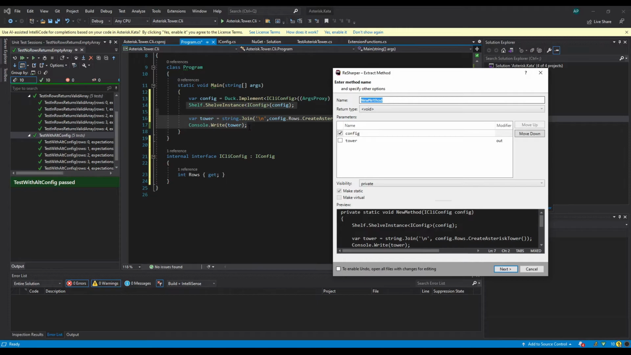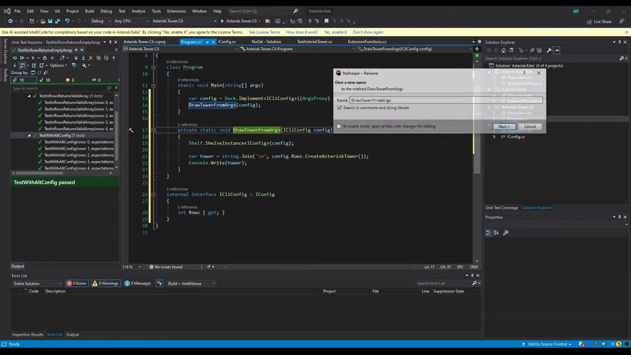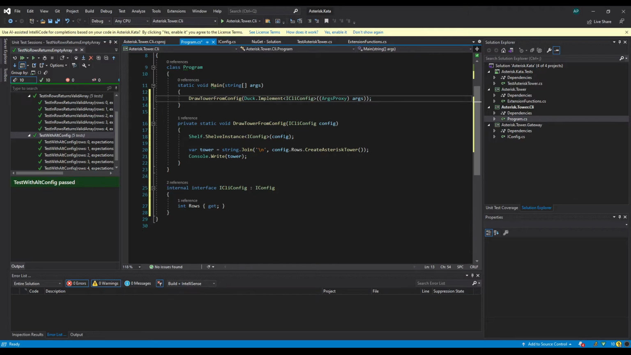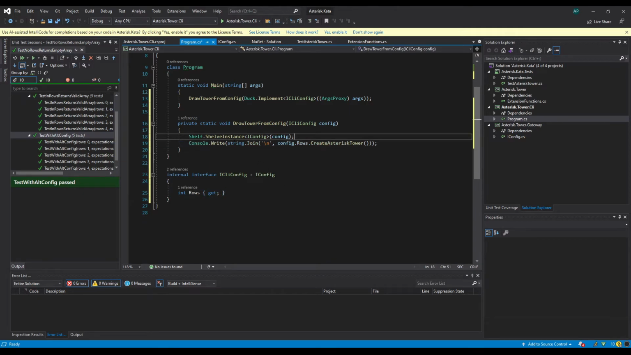The thing we can do is pull this out into a method just to tidy it up. So we're going to call that draw tower from args. I'm actually going to rename that because I don't like that. Draw tower from config. There we go. So we can pull that in line, so that's fairly tidy, and we can actually pull that tower in line as well. So I've actually got rid of all the variables that were kicking about,